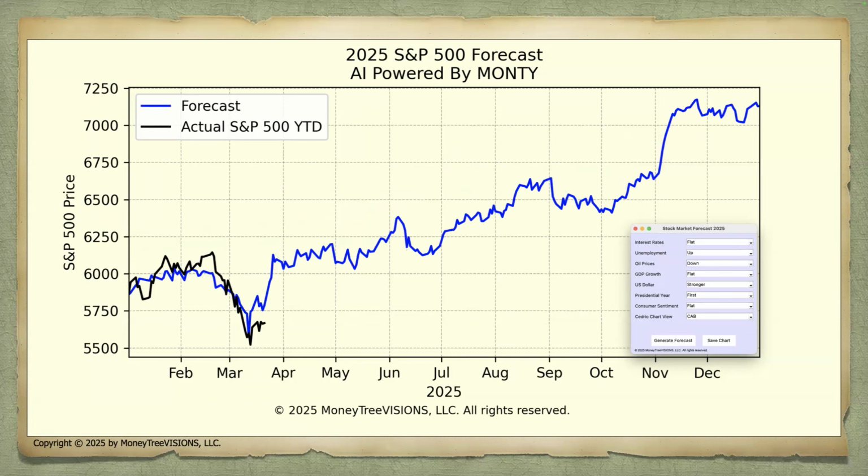We saw a couple of peaks where it was above, but the thing that surprised me was, we were developing this back about a month ago. I was looking and I saw that the market forecast was calling for this big drop. And sure enough, it happened. And the fact that the actual hit pretty close to what the forecast had as the low was amazing.